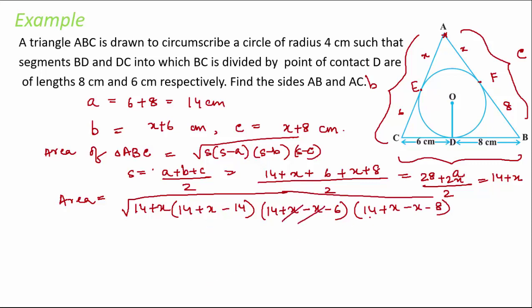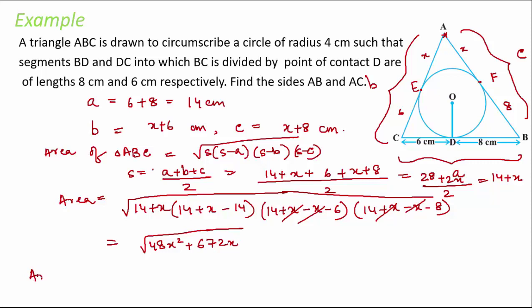So now when we actually calculate this, it comes out to be root over 48x square plus 672x. I'm not doing the detailed calculation because you can very well do that. So this is the area that we are getting in terms of x by using Heron's formula. Now we will make use of another concept to find the area of triangle